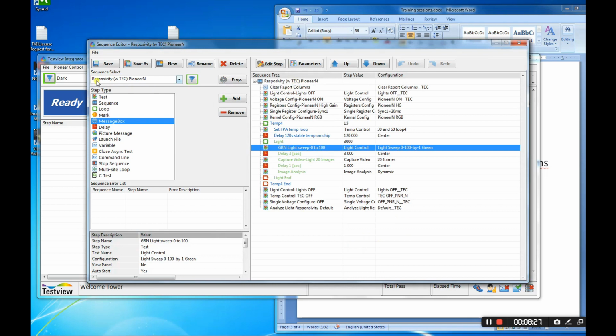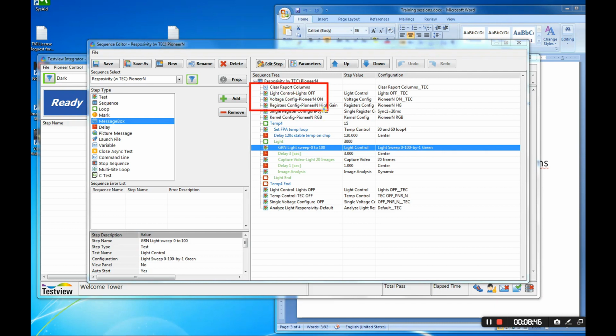Now, let's move and talk a little bit about the structure of a sequence. So I'm using the responsivity with tech Pioneer N sequence as an example, and usually I divide the sequence into 3 main sections. Section 1, and let's do some annotation here, I call the setup devices.